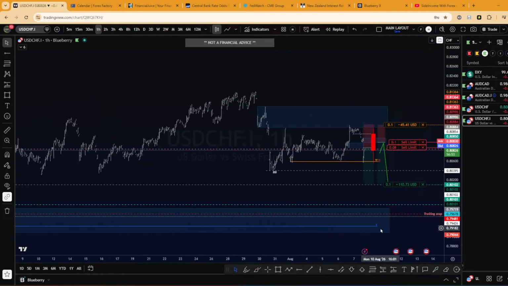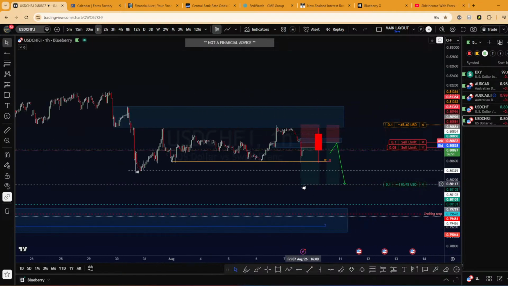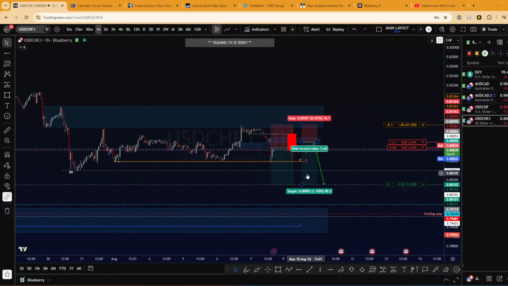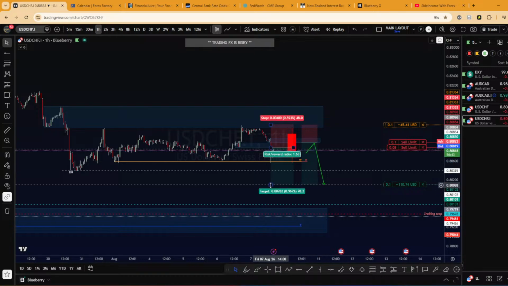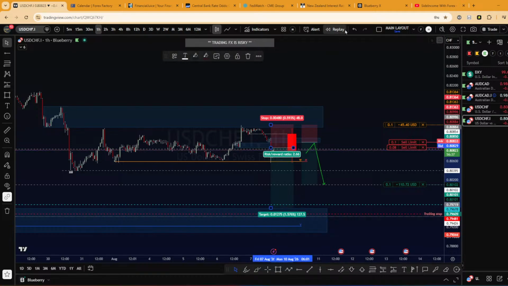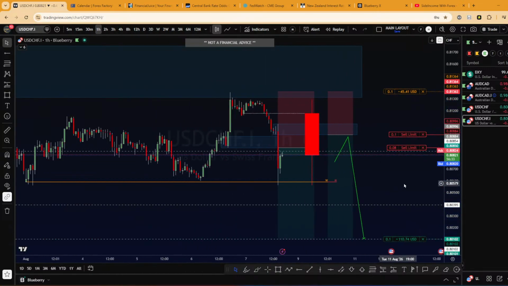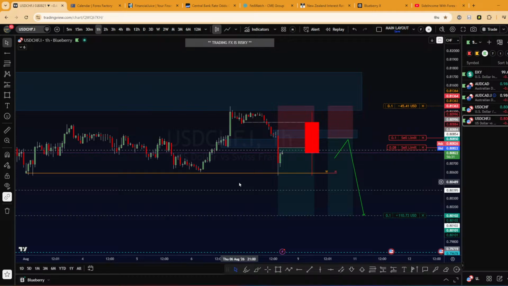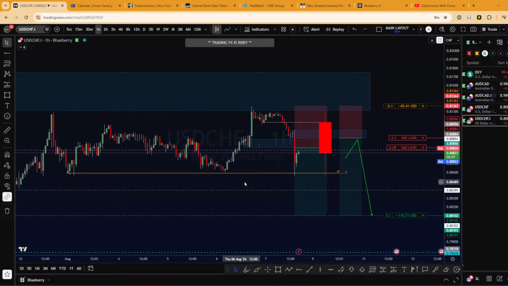Because we are in a counter trend, I limit my take profit around here and here. I will take some partial or total profit somewhere here. I would not try to hold it lower like this. No, nope, nope, nope. So this will be a short-term trade on the sell side.